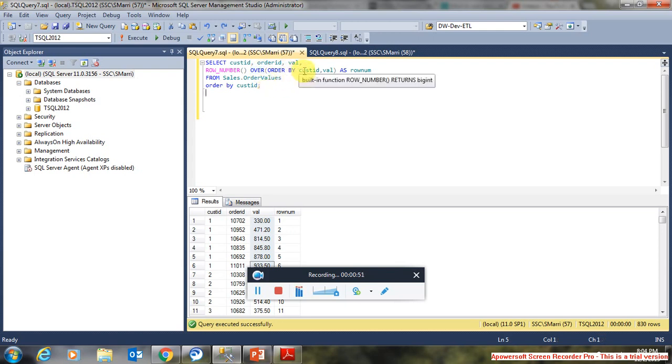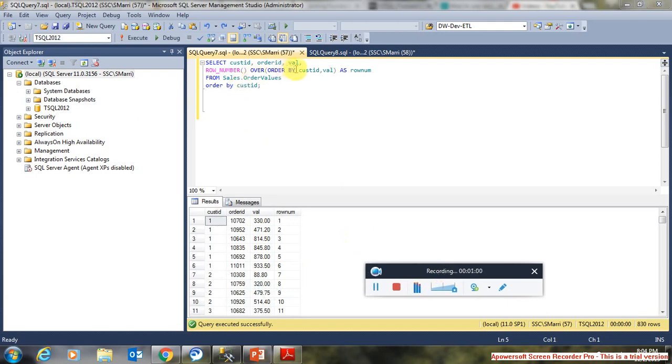Here in this query, you are ordering by customer ID followed by value. So if you run this query, as you specified in the ORDER BY clause, all the customer IDs and values are arranged in ascending order. And the ROW_NUMBER function is just the sequential numbering you give to the result set. As we have 830 records in the result set, the row number column should have 830 as the maximum value, because it gets incremented from 1 to the end of the result set. This is the basic syntax we have for the ROW_NUMBER function.